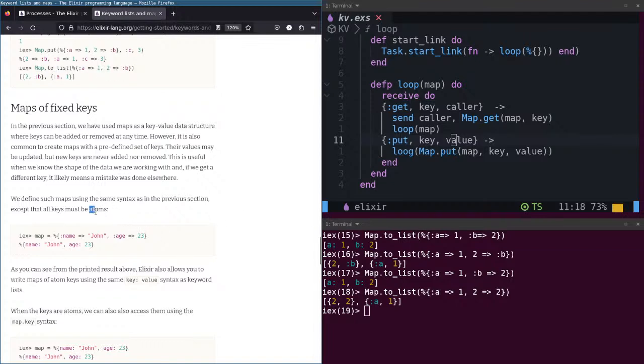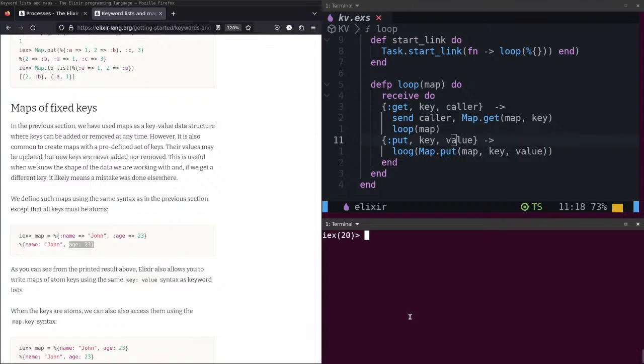Aaron again. Map. This is Aaron. Name John, age 23. Right, simple. Let me see.